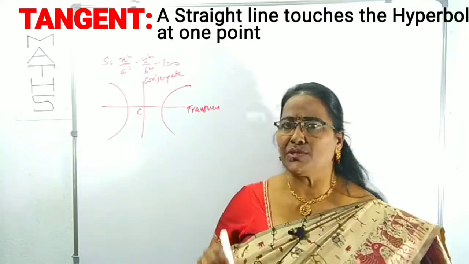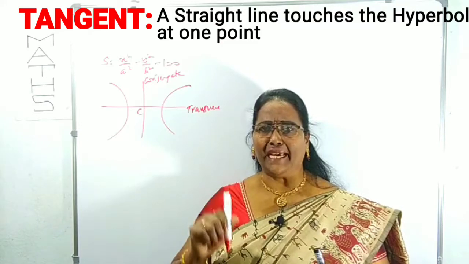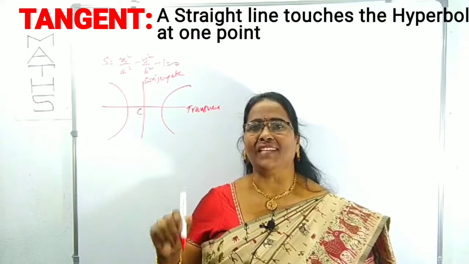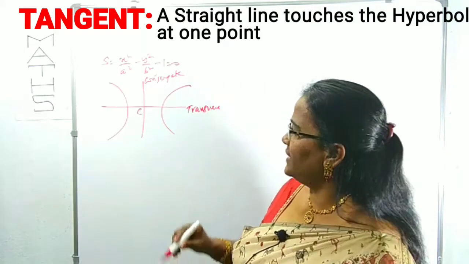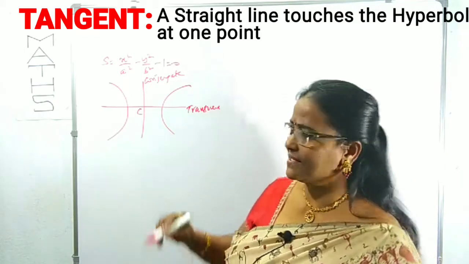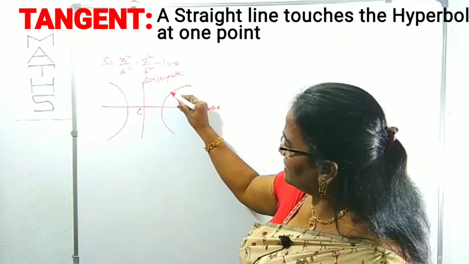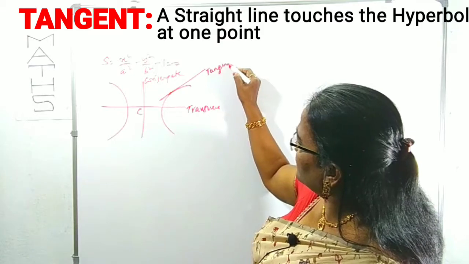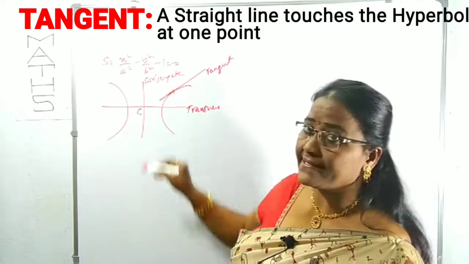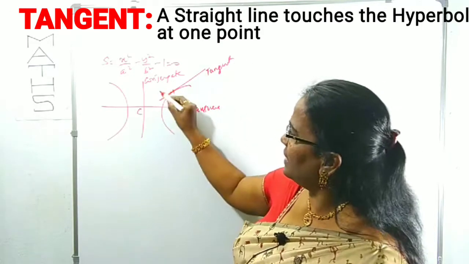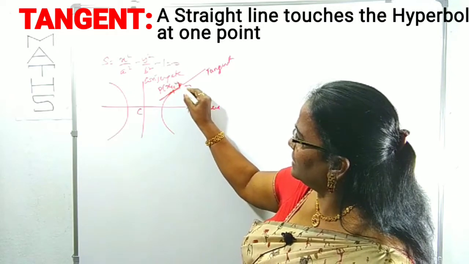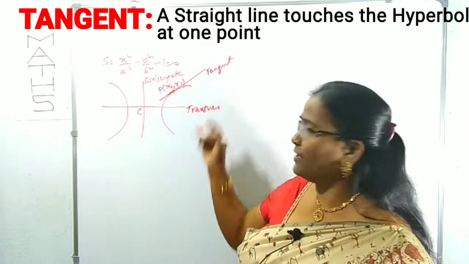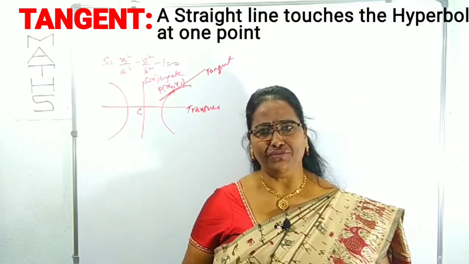Now exclusively in this video I am going to discuss tangents, the various equations of tangents and their applications. Now what did I say about a tangent? A tangent is a line which touches a curve at only one point. So for example, this line touches the curve, which is simply a hyperbola, at the point x1, y1. This line is called which line? Tangent line.